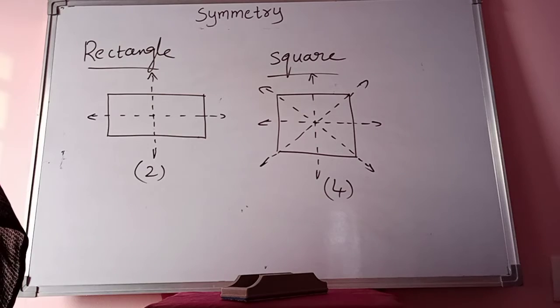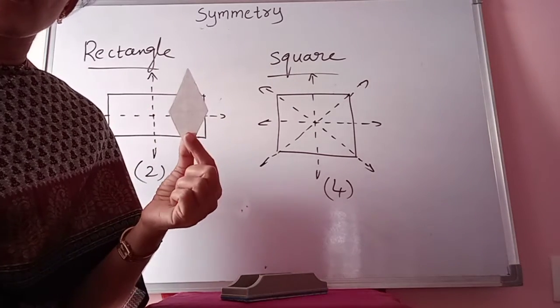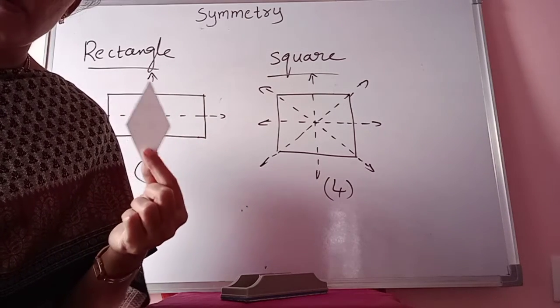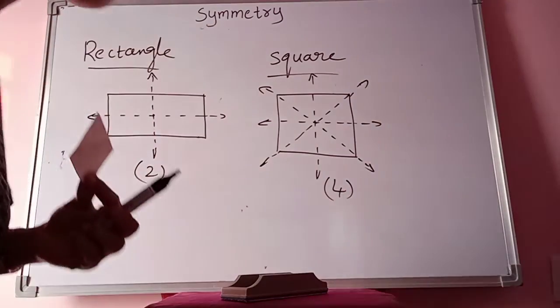But here you also have that diamond shape. We call it as rhombus. Diamond shape object what we call rhombus. Let's see how many lines of symmetry it is having. Rhombus is having